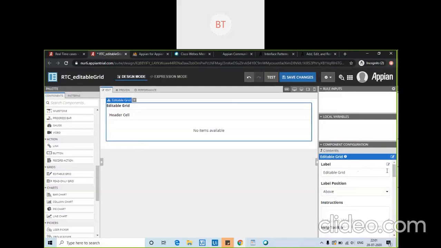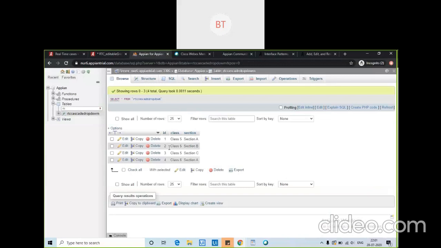This is the 8 level grid. I am not changing the value. Let it be like this, the level and all. Okay. So see in header cells. Previously we showed these values in a read-only grid. Now I want to make an editable grid where first of all you need to show these values in the interface, and that will be in editable mode. That will not be read-only.